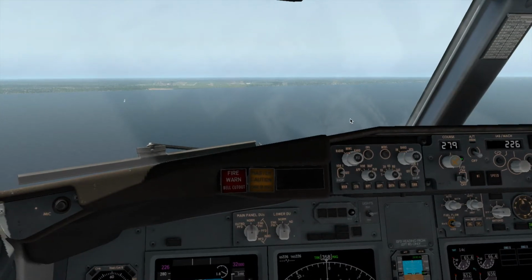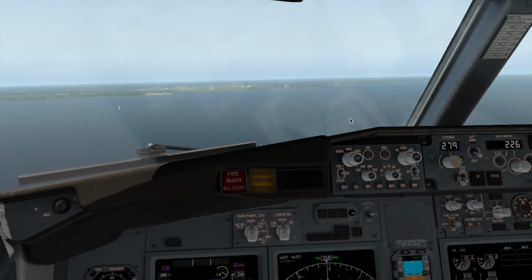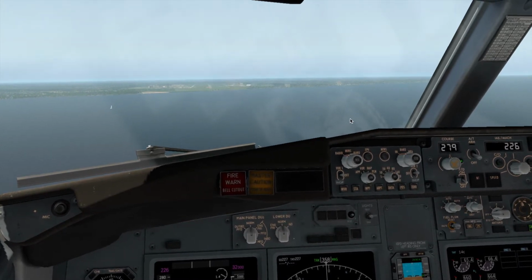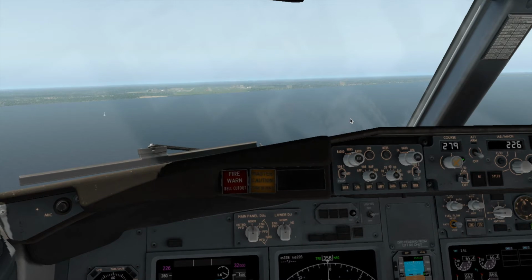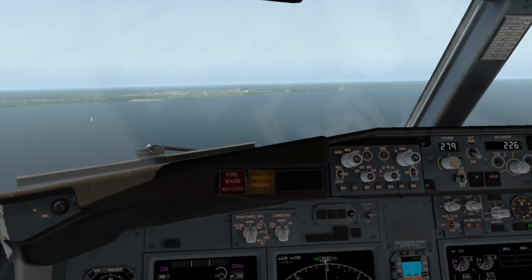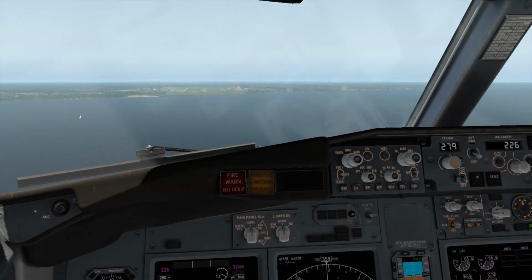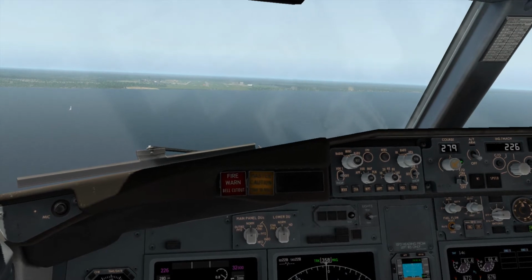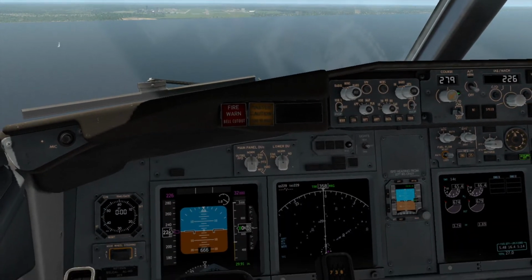Today I'm going to show you how to land this airplane. If you remember part 1 of the video, I'm waiting for my landing clearance. We're going to be landing in Myrtle Beach momentarily. As you can see, what I haven't shown you yet,